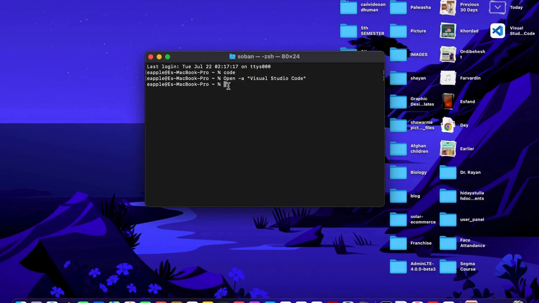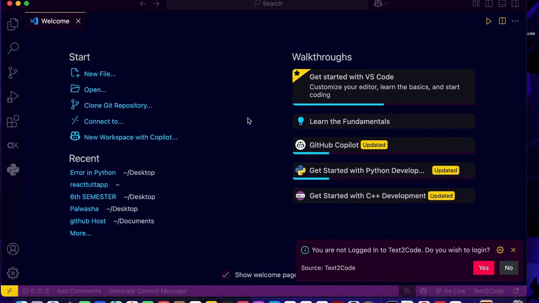So you can use the shortcut to open Visual Studio Code. Here you can write the command code, hit the enter button, and now you will see Visual Studio Code